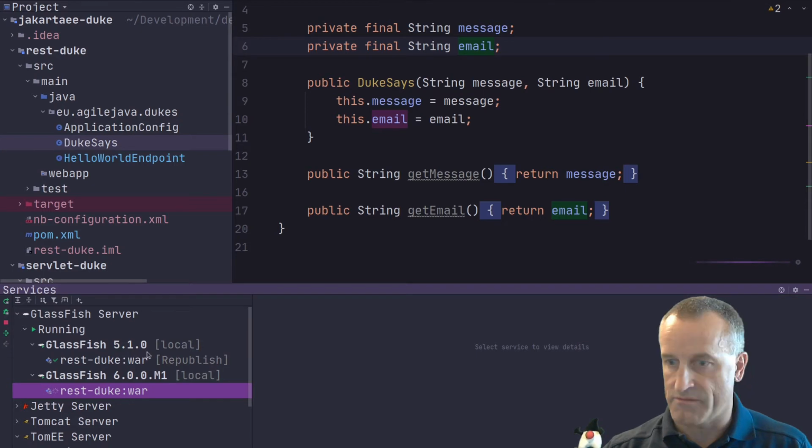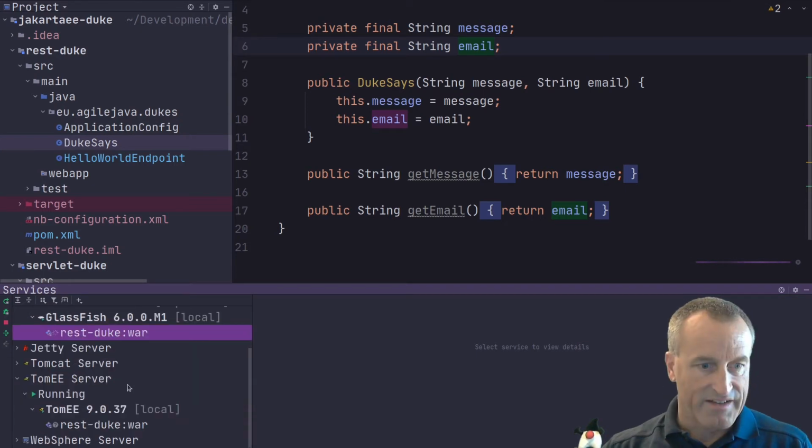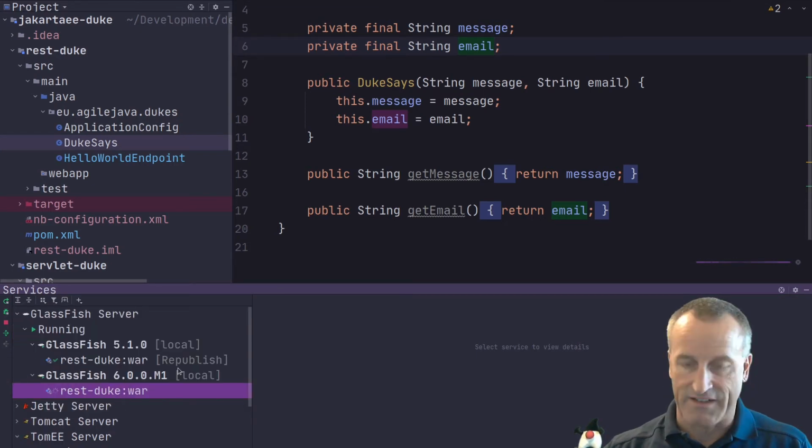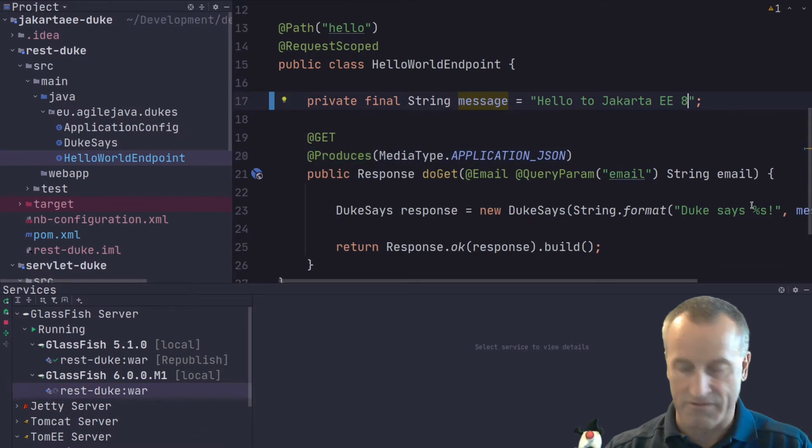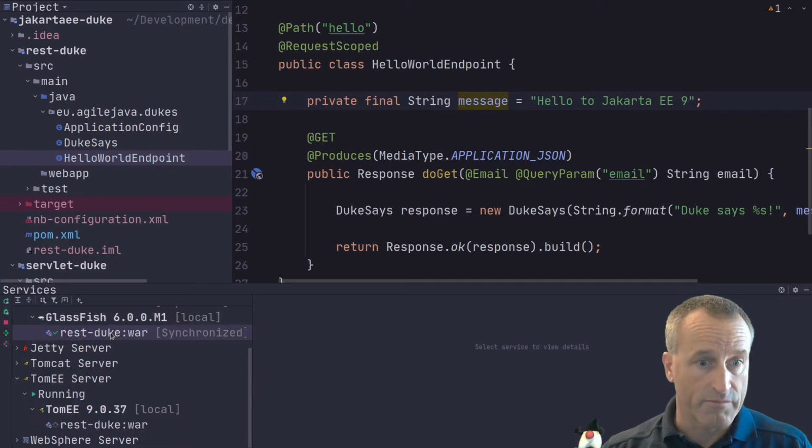You see it's working here, and it should be up and running pretty fast. And I forgot one thing. It's still saying Jakarta EE8. We cannot have it that way, so we have to change it to Jakarta EE9, right? So I'm changing it to Jakarta EE9. I'm going to have to redeploy it to get the changes. And it should be up and running.